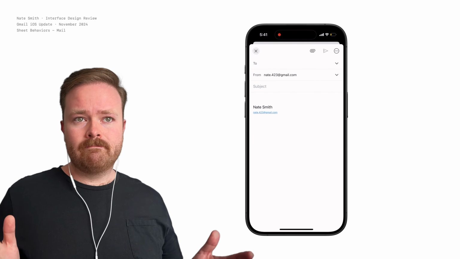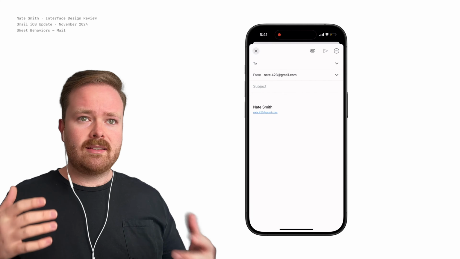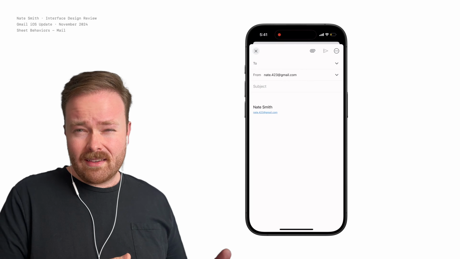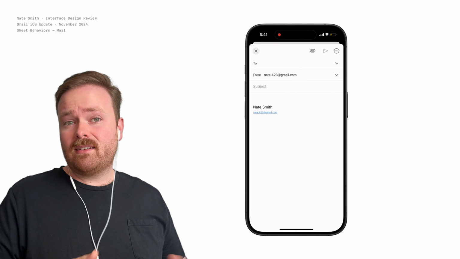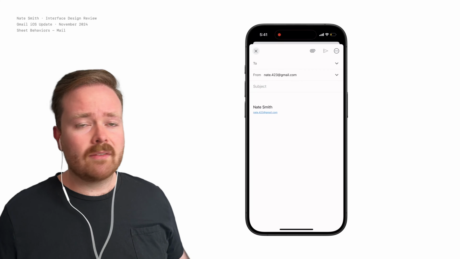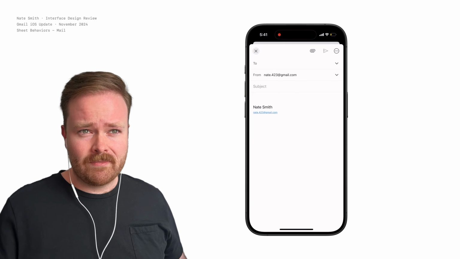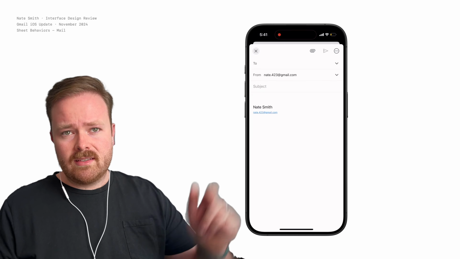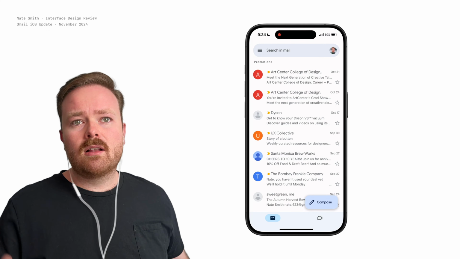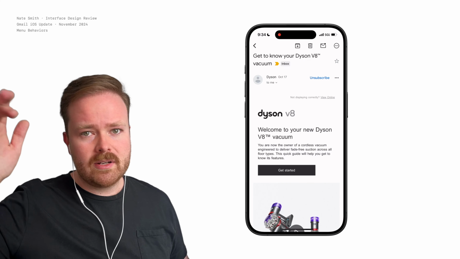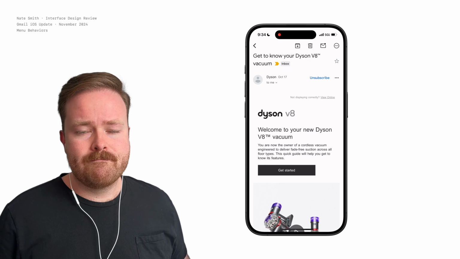That's the compose screen. This page sheet is a pretty nice native presentation container. What we can see in this example is that just because it's native doesn't necessarily mean that it's plug and play. You have to consider all the different parts of the UI and how their behaviors need to work together. So let's press this X button in the top left and take a closer look at that email details page, specifically how we pull up that three-dot menu at the top right.